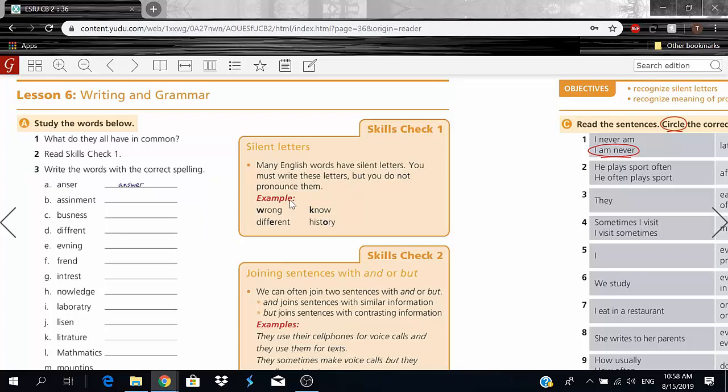Okay? So, when I say, for example, "know," okay, so here, there's no K whatsoever. I never pronounce the K. I don't say "k-now." I say "know." However, there's a silent K. It is what it is. You can change it now. Different, here's an extra E. History, okay, you can't really feel the O.